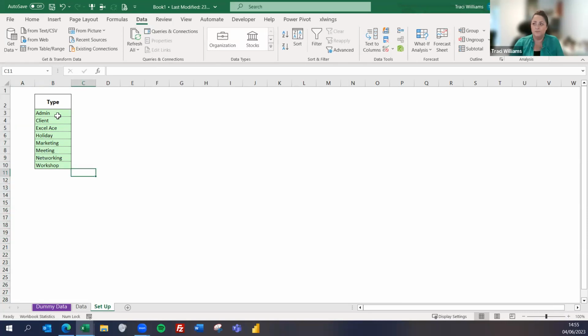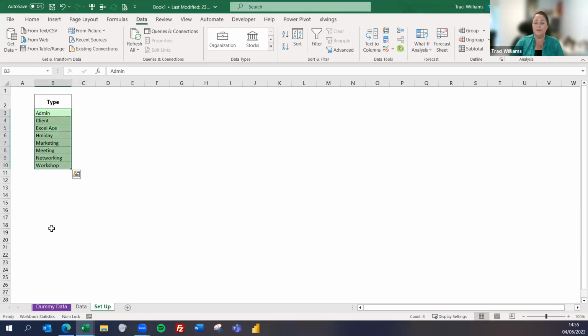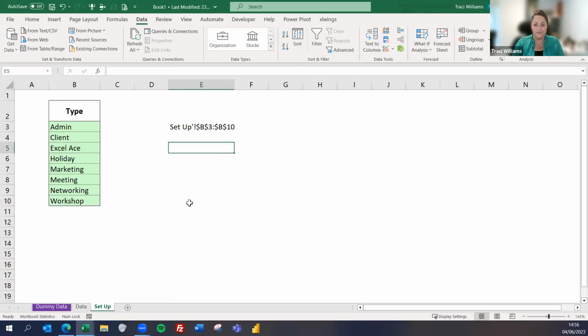I'm going to show you named ranges, because what I'll be doing is telling this pick list in these cells that I want it to refer to the setup page, from cells B3 to B10. So it would literally have a range that would look like this, with dollar symbols around it: $B$3:$B$10. If I didn't have a named range, that is the absolute cell reference that would be included,